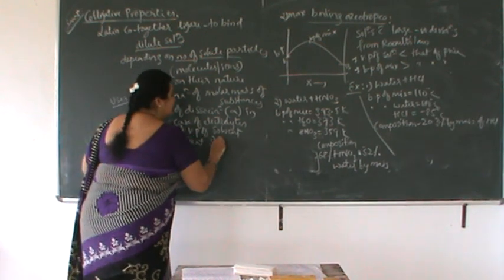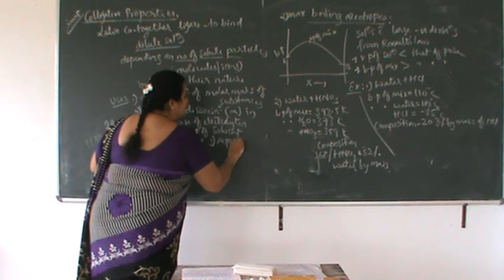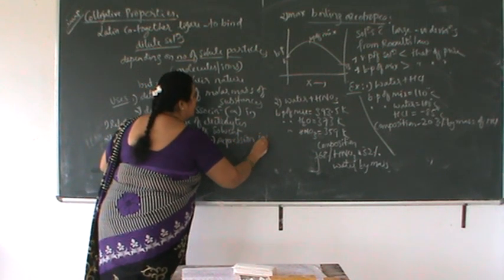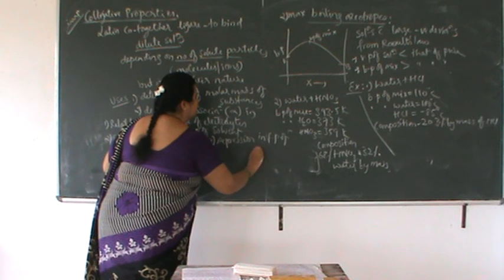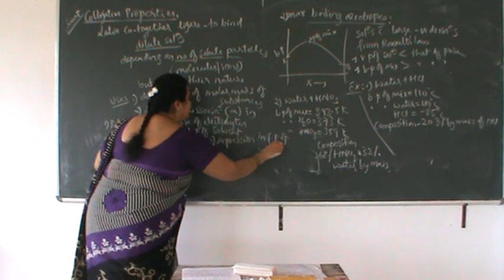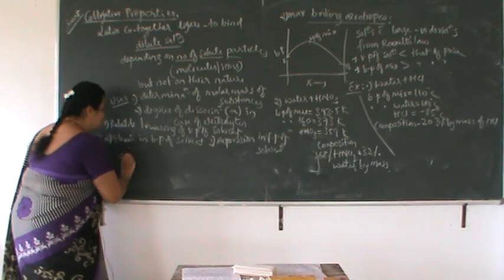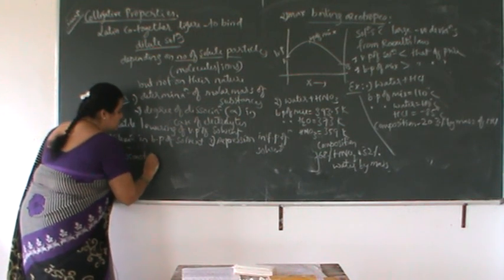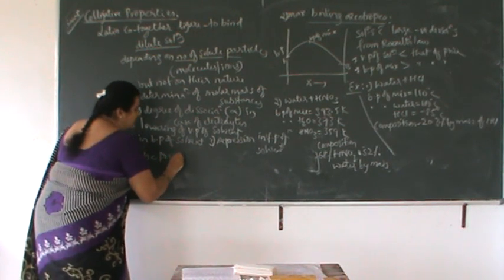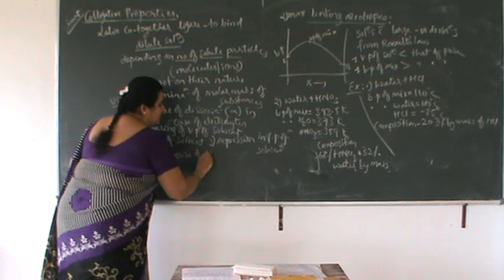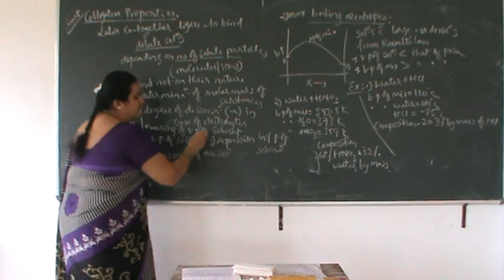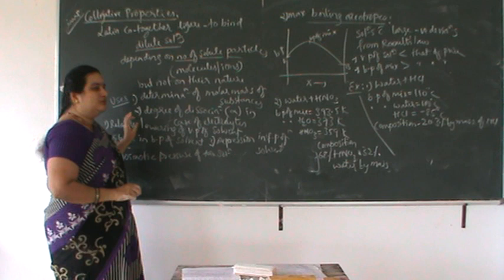Third one, depression in the freezing point of solvent. And fourth colligative property, osmotic pressure of the solution. So now in this class or in the next